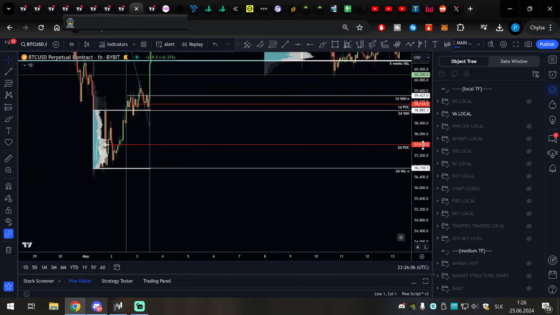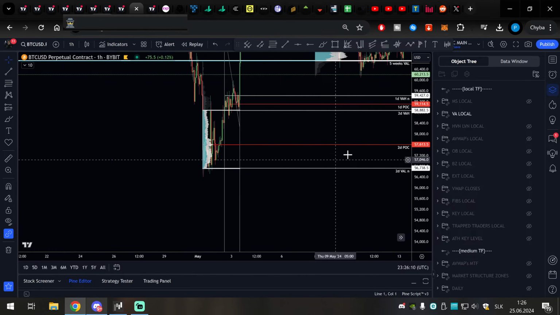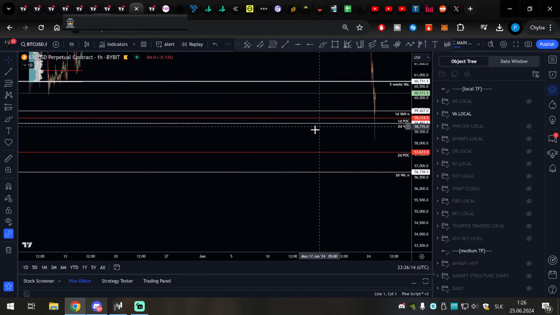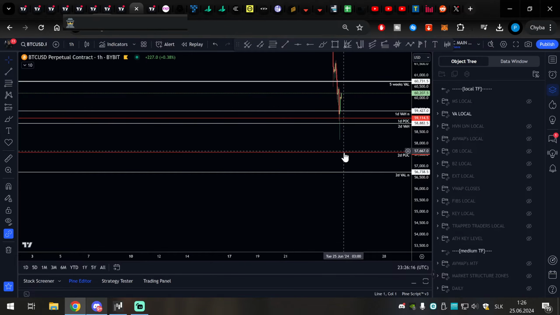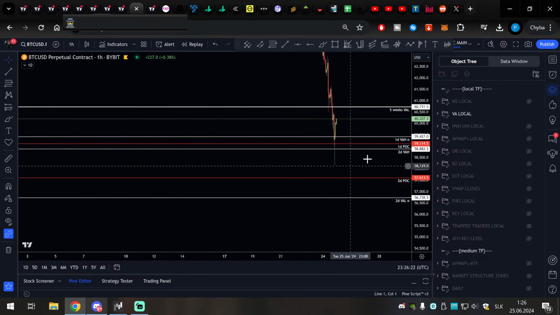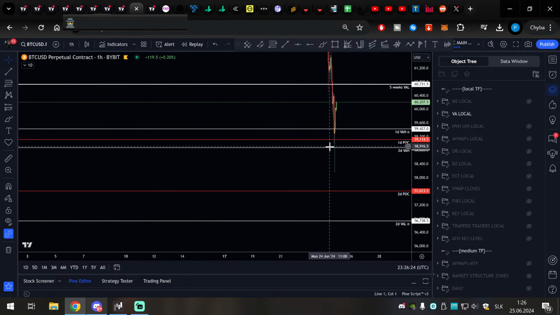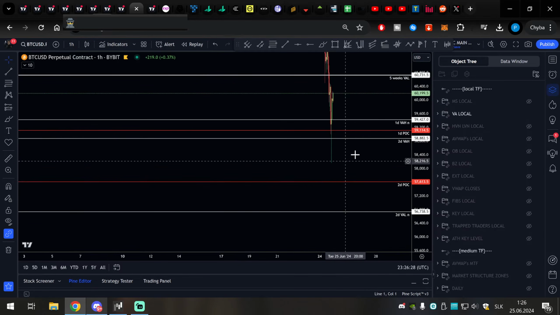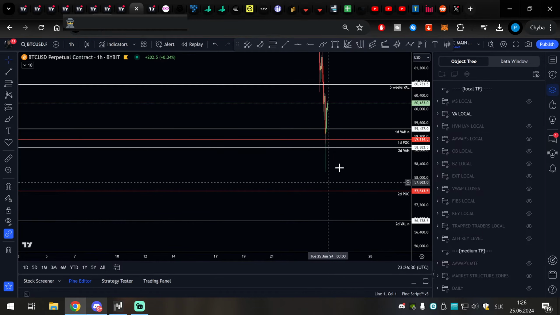Also, you can keep an eye on the 57,600. It's a naked point of control out of 2 days. It can be another trade area, especially if we lose this low, then you can get a bounce from this. Also, you will be watching naked VAL. But I like to see Bitcoin not spend much time in the last range before we break down heavily into the 52k. That's a good sign. So there is now a nice rejection.